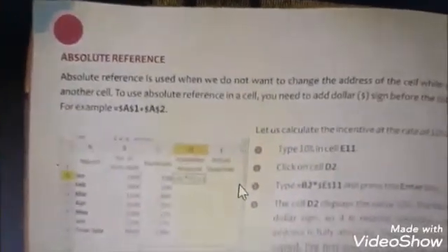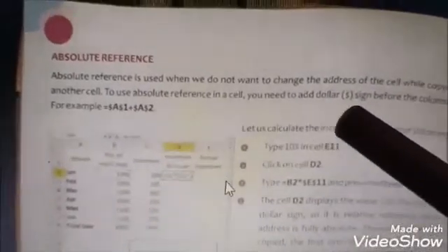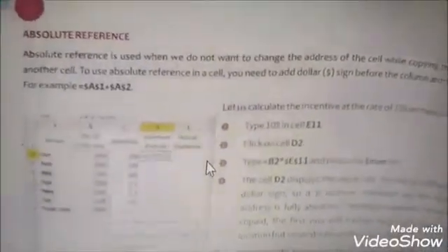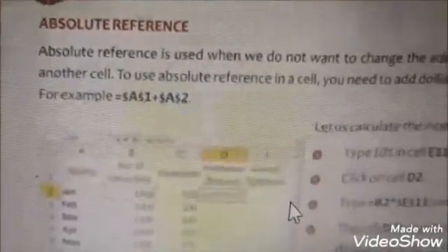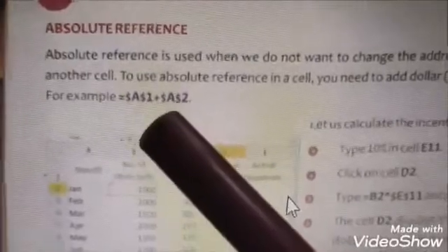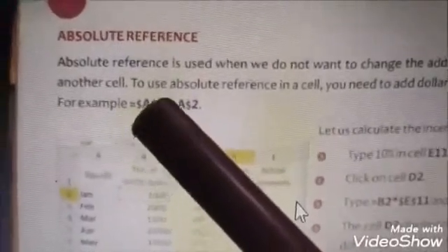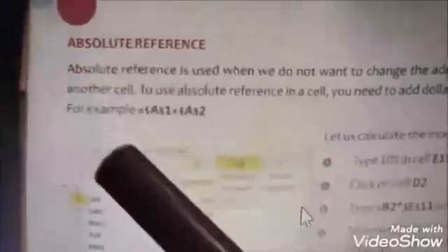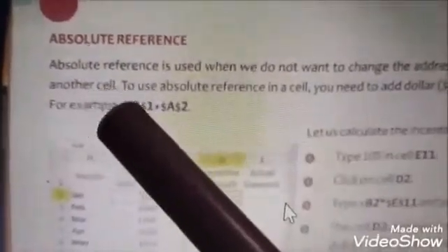Okay, so to use absolute reference you need a dollar sign. How to make the absolute reference? You put a dollar sign before the column name and the row number. Just look at the example here: $A$1. The dollar is put in front of the column, and the dollar is put in front of the row. Putting a dollar means making it constant. It will not be changed. Okay. So practically, let's look at how to do it.